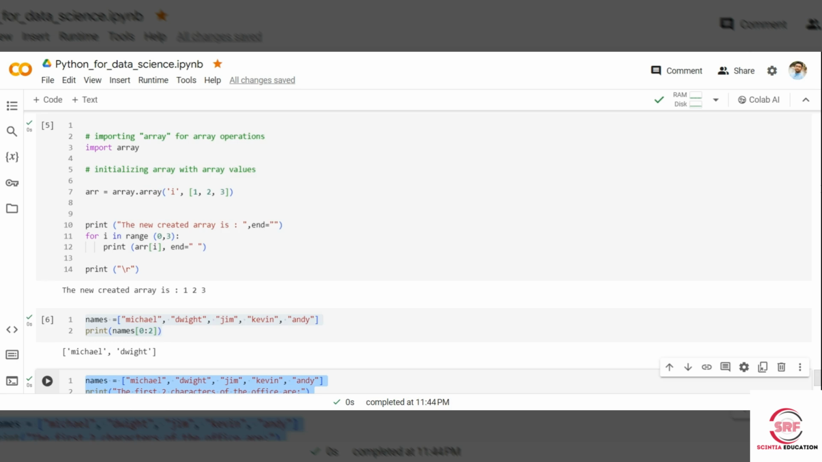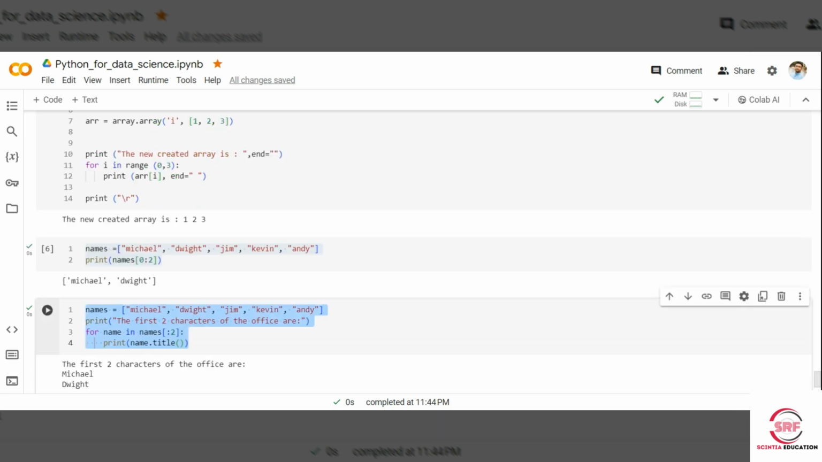And in the next example, we start by defining a list called names containing 5 string elements: Michael, White, and other names. And we use slicing notation 0 to 2 to extract the sublist